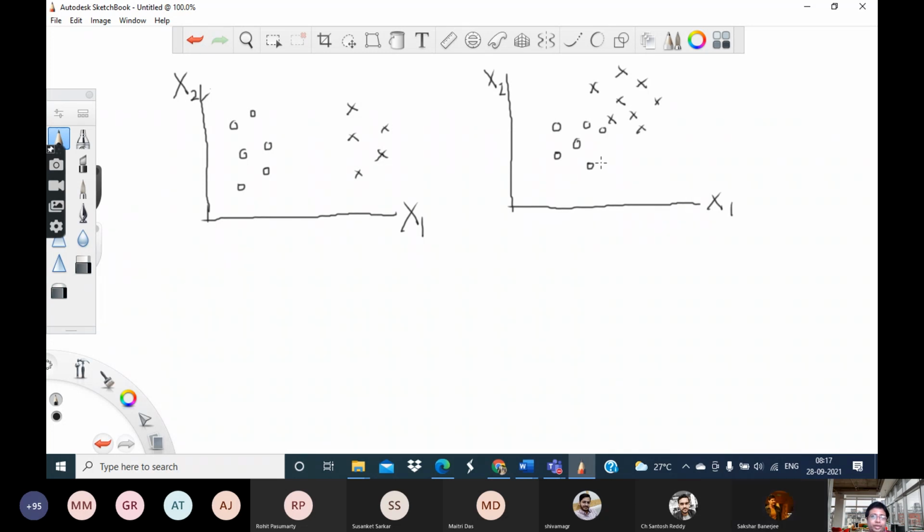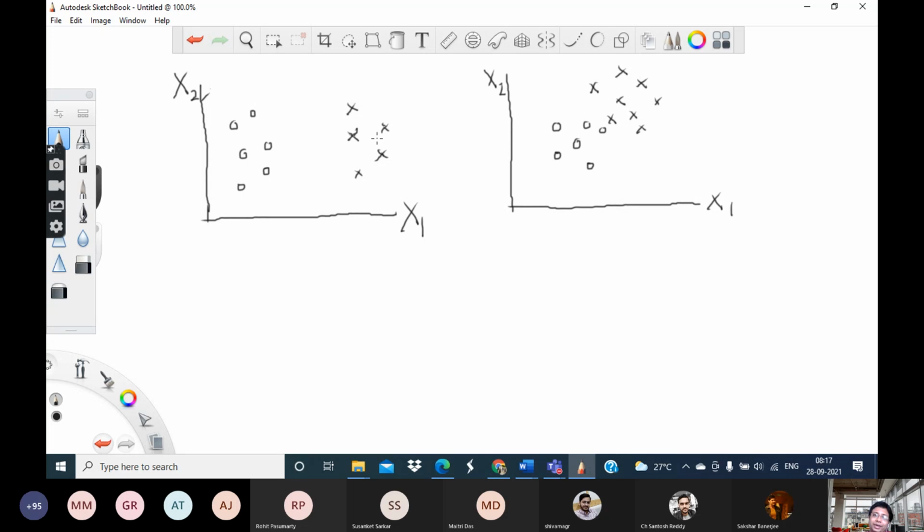First, sir. Why? Suppose it is A and suppose it is B. In A, the distance between the classes is high, they are separated by a long distance, and in the second they are closer to each other. In the second place, like as you said, in the first the two classes are further apart from each other. In this case, the two classes are closer to each other. So fine, agreed. I agree to that sentence.